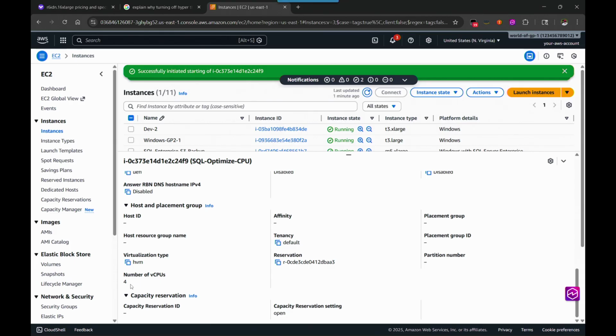Right? And now you can see that the number of vCPUs is now 4. So going forward, if you have a license included with SQL Server running on it, you're going to only pay for the 4 licenses now instead of 8. You can do this on every single server across your fleet, and you're already going to start seeing some cost